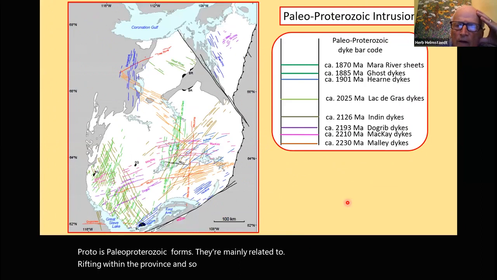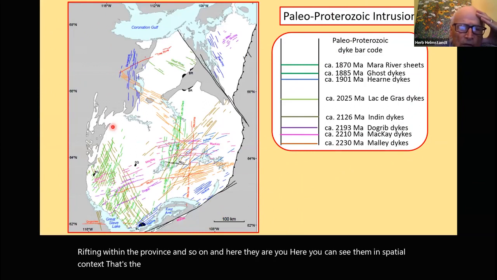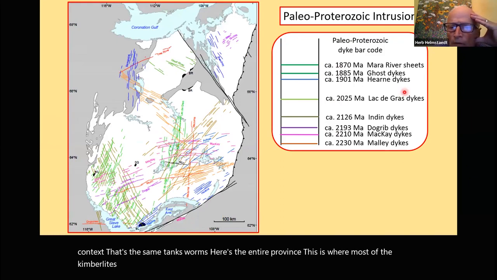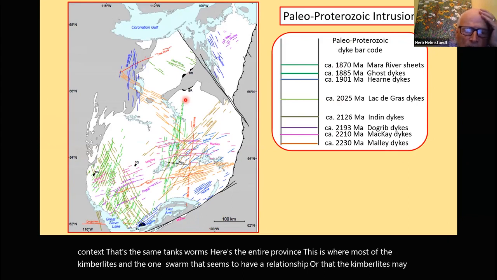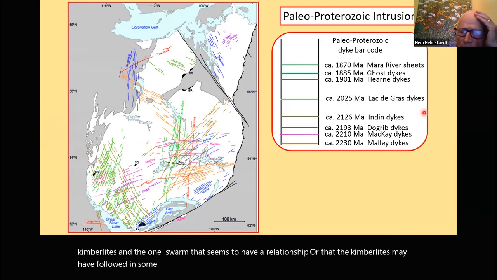And here you can see them in spatial context. It's the same dike swarms. Here's the entire province. This is where most of the kimberlites are. And the one dike swarm that seems to have a relationship, or that the kimberlites may have followed in some fashion, is this one, the Lac de Gras